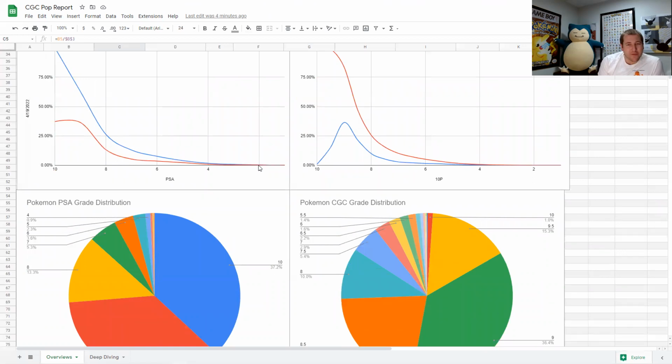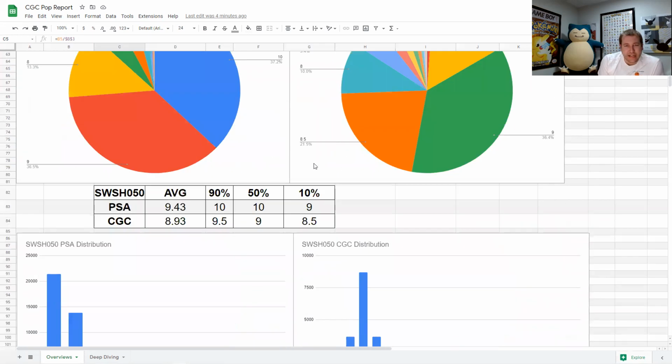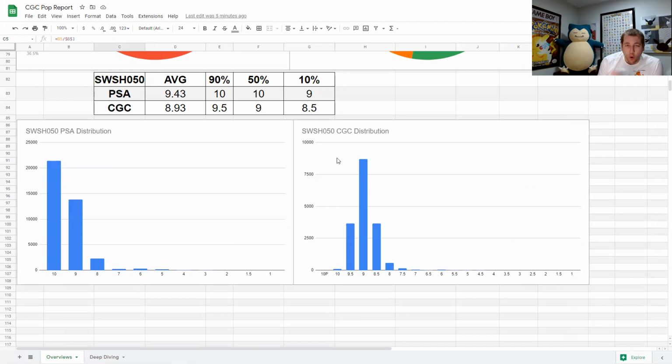Very interesting timing. I know I was late with the whole CGC Pop Report investigation thing, but as I said, I just didn't really have the time, and I wanted to give it the proper amount of time to show this. Hopefully this was useful and interesting, but more on topic now that we're 20 minutes in, more relevant with the times. There was that live stream recently, Pokemon Knowledge, Basic Trainer, and Jake, my partner, Pokenomics,